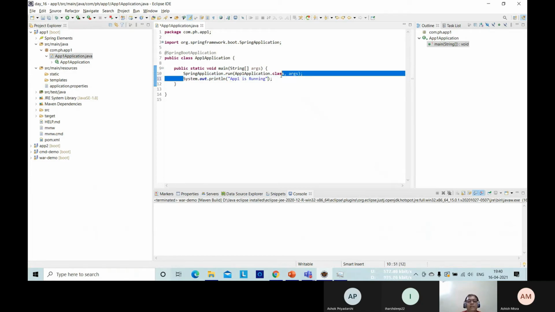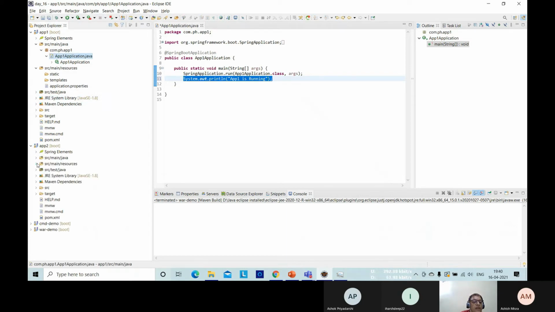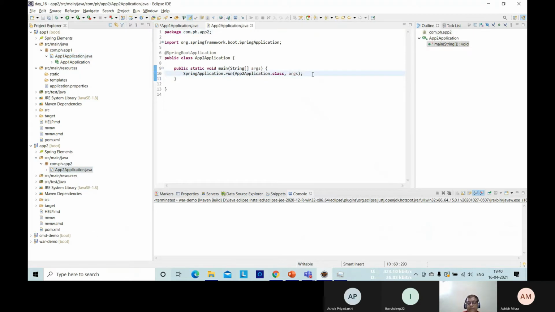Okay. Similarly, I shall specify the messages for app 2 also. Here I have mentioned app 2 is running. Here I have mentioned app 1 is running.